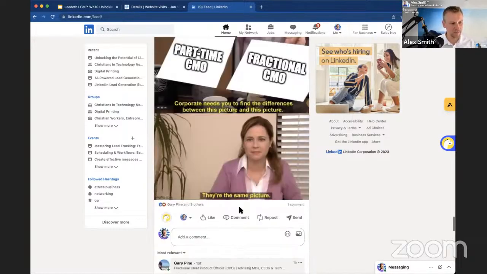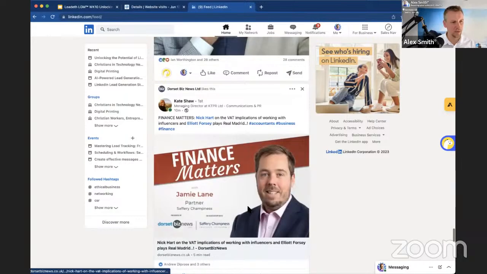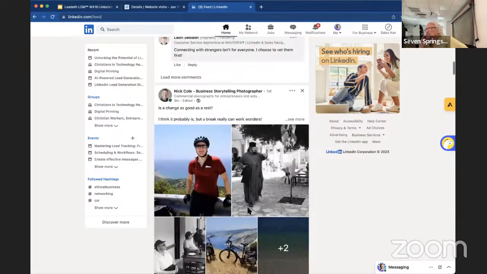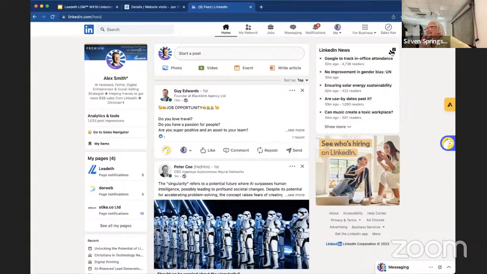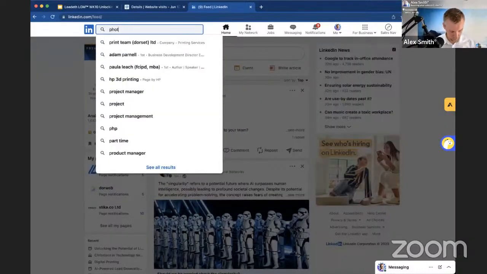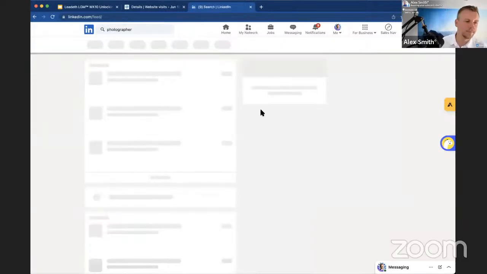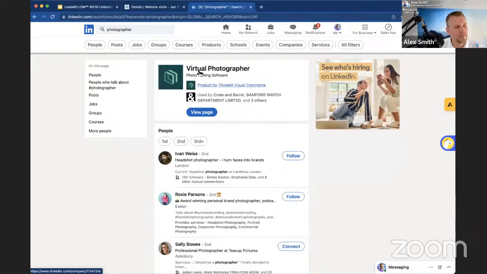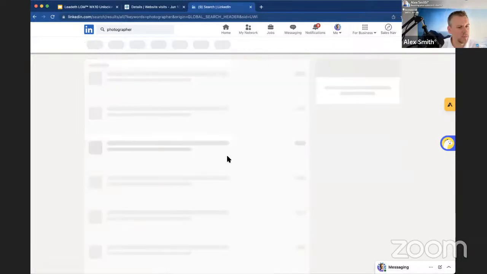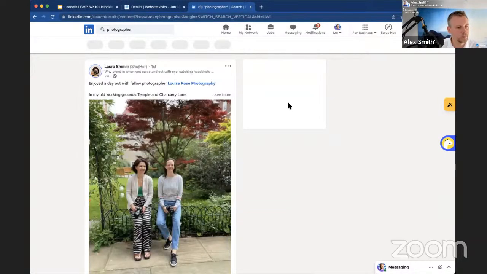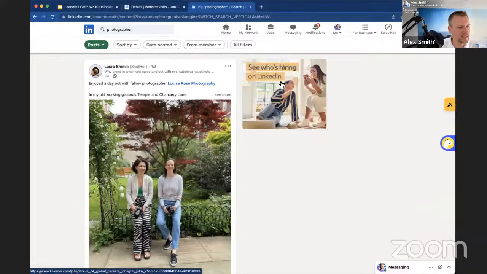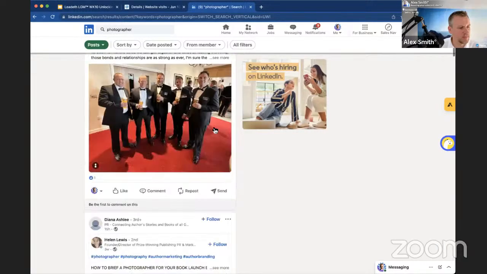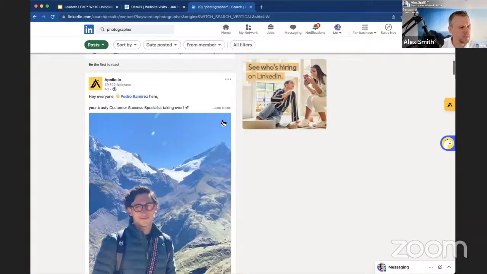But it's obviously designed to hit you at the right sort of time. And also, I'm not the kind of person who's been targeted. So if I was to search for a keyword, maybe photographer, in LinkedIn, let's see if anything. So you get that, it looks like a page. Someone's page comes up there, and then you get people. But let's go to posts, for example. It's got LinkedIn's own ads. Yeah, it tends to just be so. Follow.